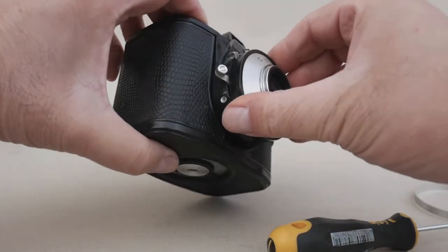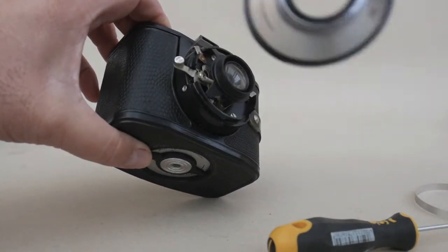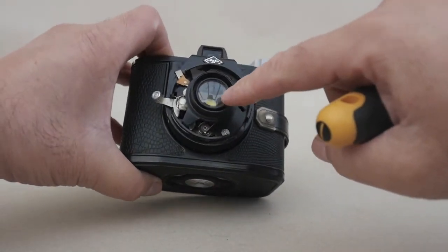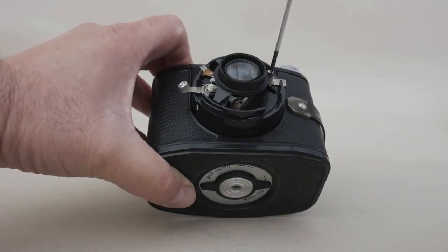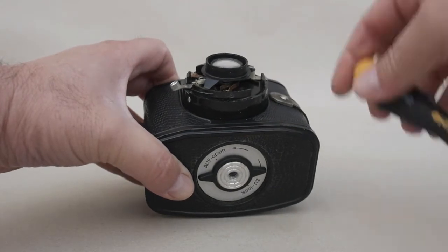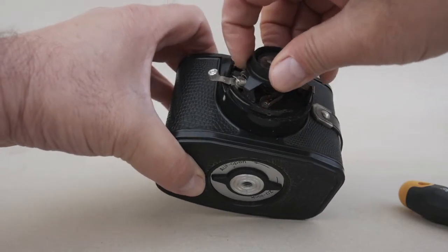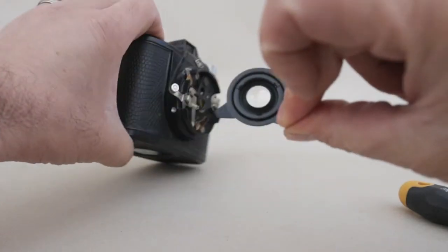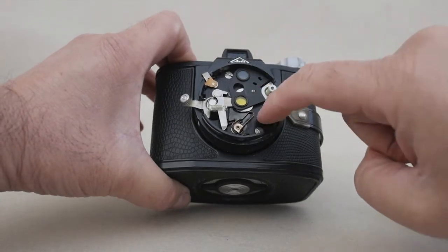So now this front assembly just unscrews, comes right off. It's nothing but a piece of plastic that, like I said, beauty ring. The lens itself is held in place by a single screw here. Removing this screw will allow you to just pull the entire lens assembly off. We'll set that aside. Next is the shutter